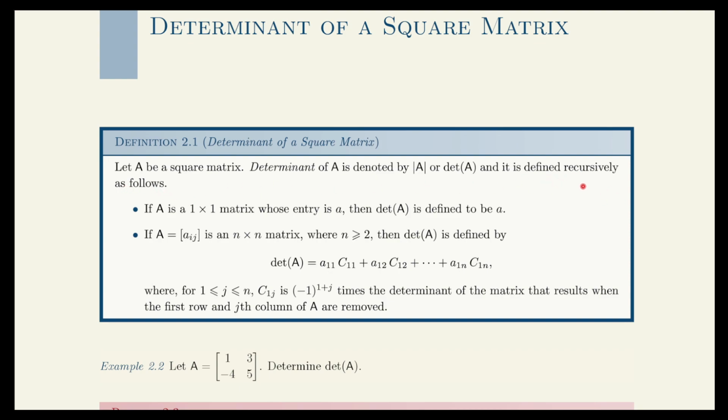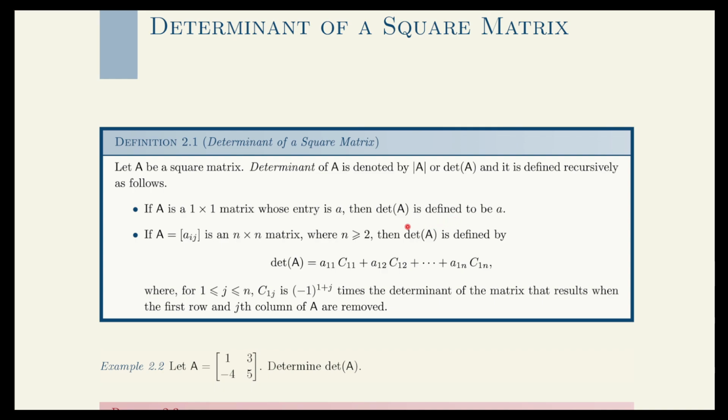So what does it mean recursively? It means that you define it for a 1 by 1 determinant, and a 2 by 2 determinant is defined in terms of 1 by 1 determinants. 3 by 3 determinants are defined in terms of 2 by 2 determinants, and so on. So that's the meaning of defining something recursively in mathematics. By the way, instead of recursively, sometimes people call it inductively. Okay. If A is a 1 by 1 matrix whose entry is a, then the determinant of A is defined to be